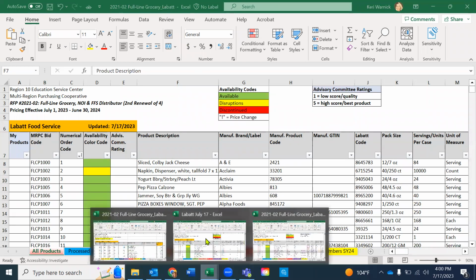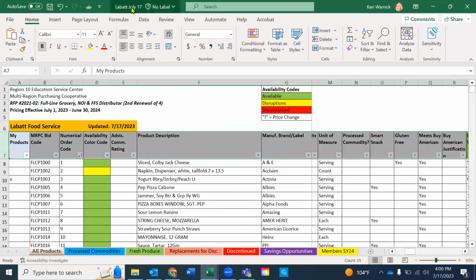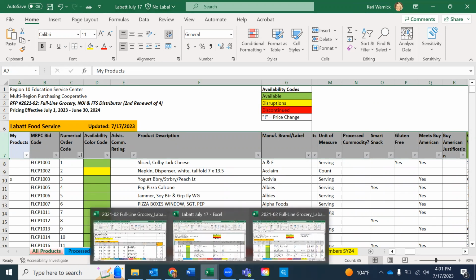And then I've also got my Labatt July 17th copy. Now, this is the one I just downloaded. So the first thing, and don't pay attention to this over here because there won't be any X's. We're going to reverse this. Let's say this is my old one, July 17th, and I've got my new one over here waiting to be